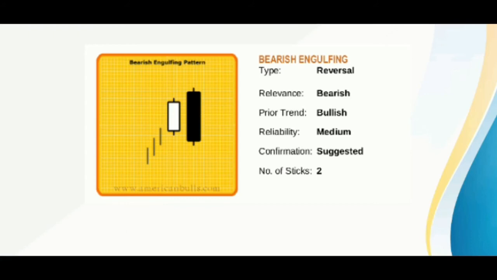Market is in a bull mood, then we see diminished buying reflected by the short white real body. This is then followed by a strong sell-off which leads to a close at or below the previous day's open. Apparently the uptrend has lost momentum and the bears may be gaining strength. We see a white candlestick on the first day. Then we see a black candlestick that completely engulfs the real body of the first day.